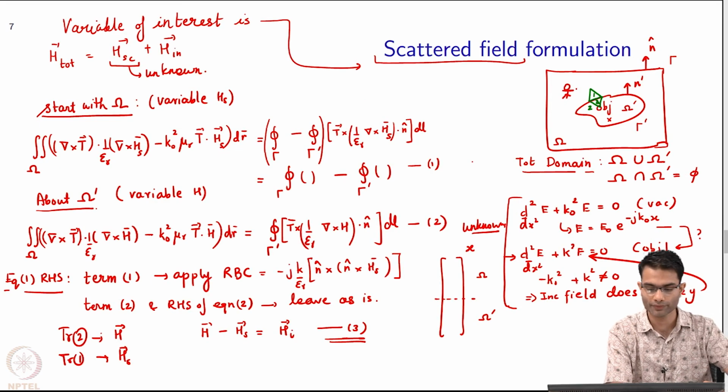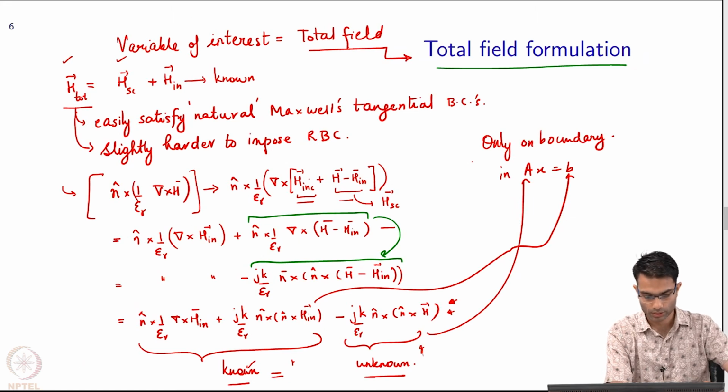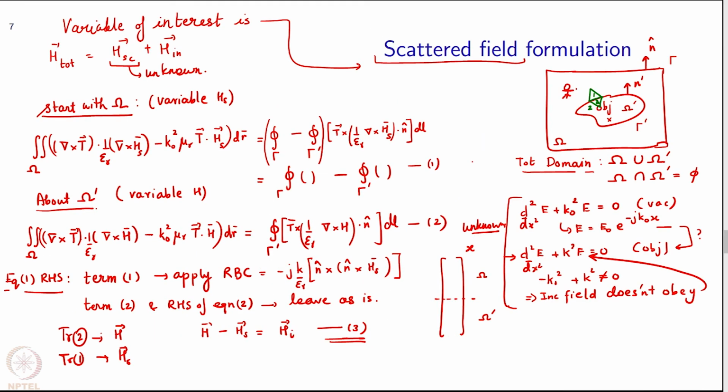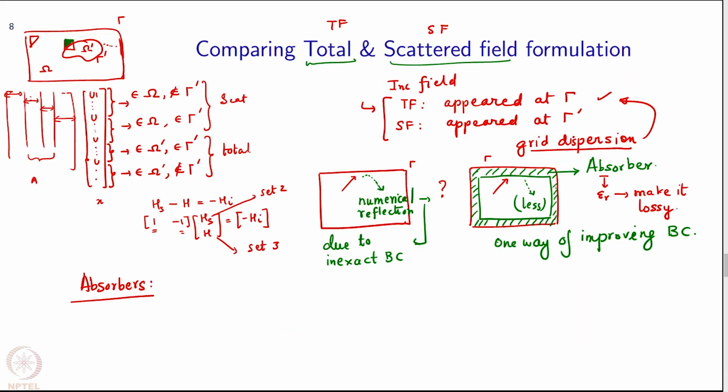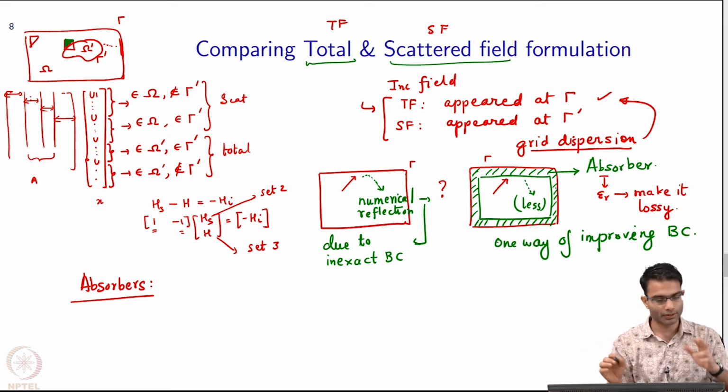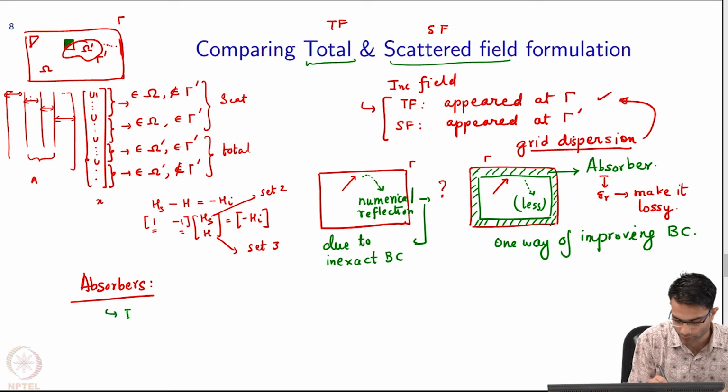If I look at my total field formulation over here, well, let's look at the right hand side over here, right. So whether total field or scattered field, the left hand side term is the same, right. Your material properties are entering here and here. So the fact that I have now introduced some lossy materials here does not alter the left hand side of the equation, right. So that incident field will have to travel through this lossy layer in order to get there, right. So in terms of absorbers, the total field